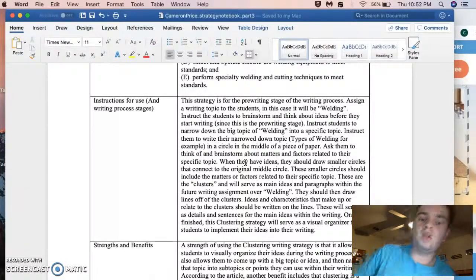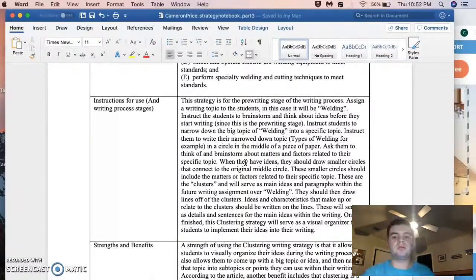Once again, this is called clustering. It's going to be for the pre-writing stage of the writing process. The first thing you're going to do is assign a writing topic to the students. In this case, to cover the TEKS, it is going to be over just a general topic of welding. The students will then brainstorm and think about ideas before they start their writing, because this is a pre-writing